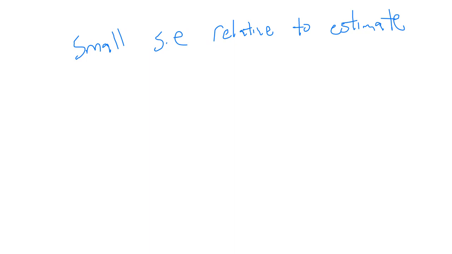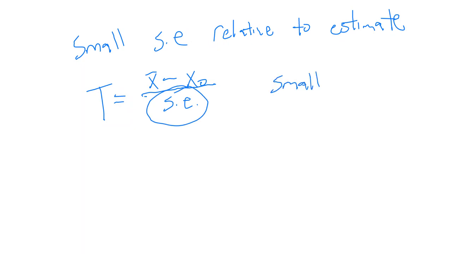The way we calculate that is typically we calculate what's called a t-statistic, where for means, for example, we take our sample mean and subtract some hypothetical value x0 and divide by the standard error. You see if the standard error is small, then the t-statistic is big. So we can have a small standard error, a big t-statistic,